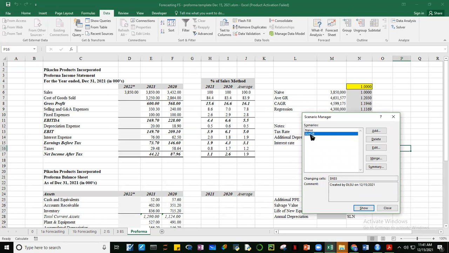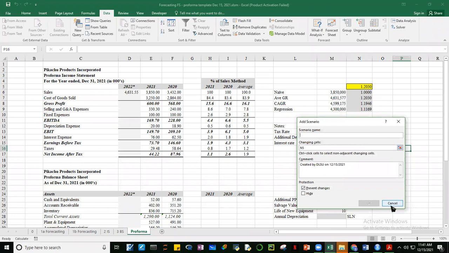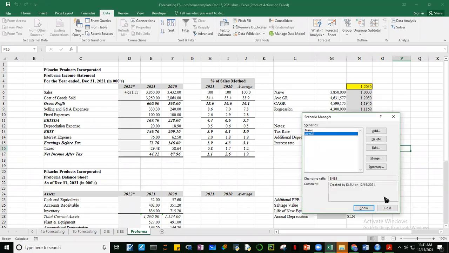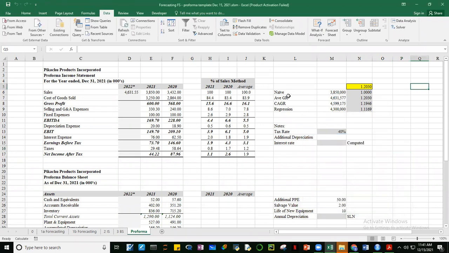So if we click average GR, show, okay, yan na. Nagbago na siya. Nagbago na rin itong ano natin. So just keep on adding, this time for the CAGR, etc. Okay, so I'll leave that to you guys kasi alam nyo naman gawin yan. So tapos later on, pwede natin ipa-generate yung results ng scenario manager